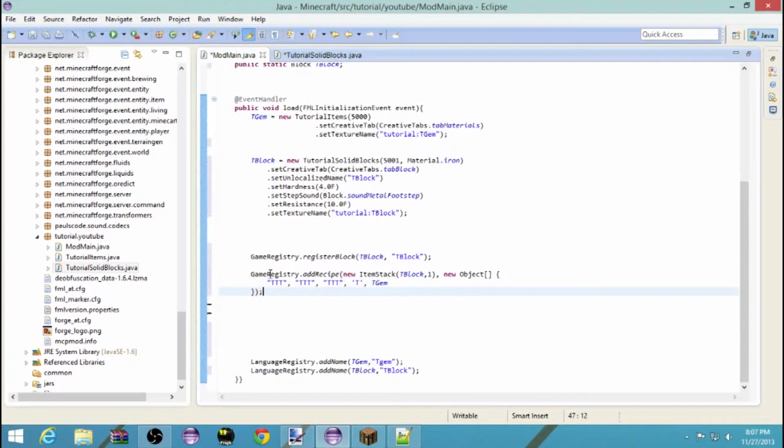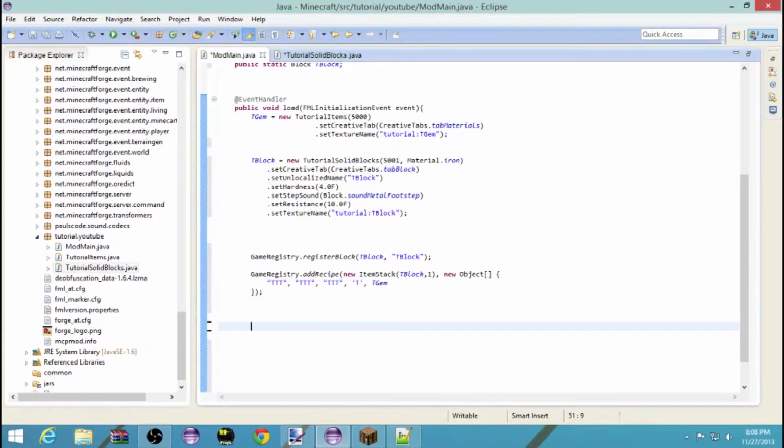So this is adding the recipe. This is the top layer, this is the middle layer, and this is the bottom layer. T means T-gem, so it's going to be completely filled with T-gems. And then that'll make one of the T-block. So now you want to be able to uncraft the T-block, so you're going to go game